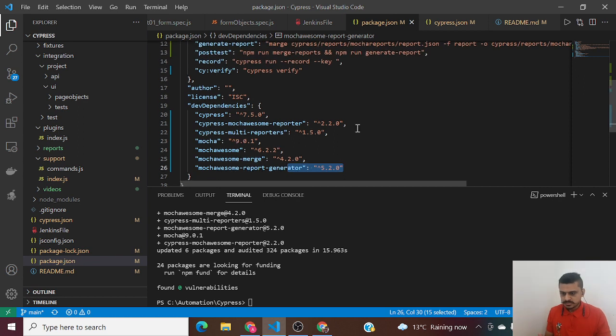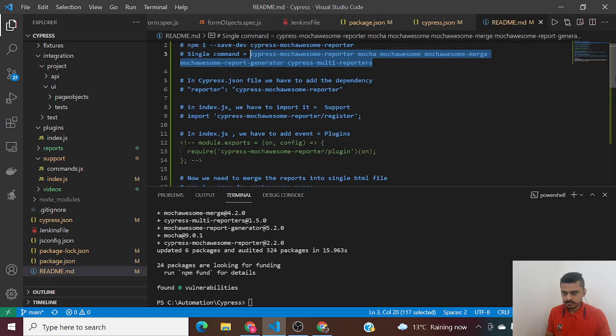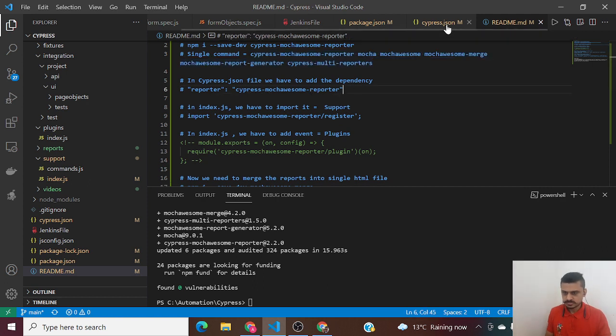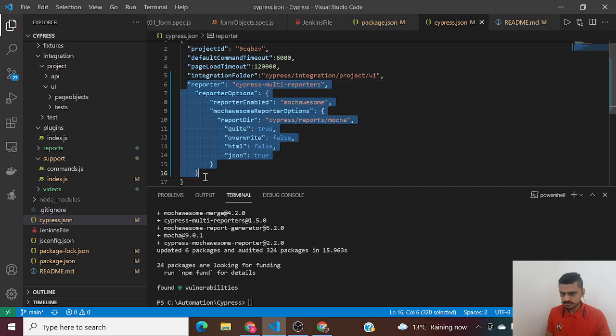That being done, guys, step number 2 for the Mochawesome report integration is that in the cypress.json file we have to add this configuration. So let's go to the cypress.json file. Over here, from this point to this point, is our Mochawesome reporter configuration.